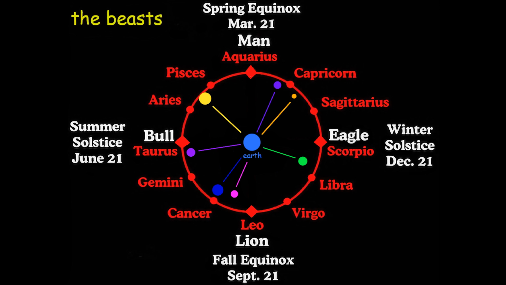Some of these hands may race around the clock in a year or less, and actually the moon will race all the way around in a month, while the sun takes exactly 1 year to make the rounds. And Jupiter takes about 12 years to go all the way around, and Saturn takes nearly 30 years. And Neptune, which isn't even one of the 7 on my clock here, takes 165 years to go all the way around the clock.